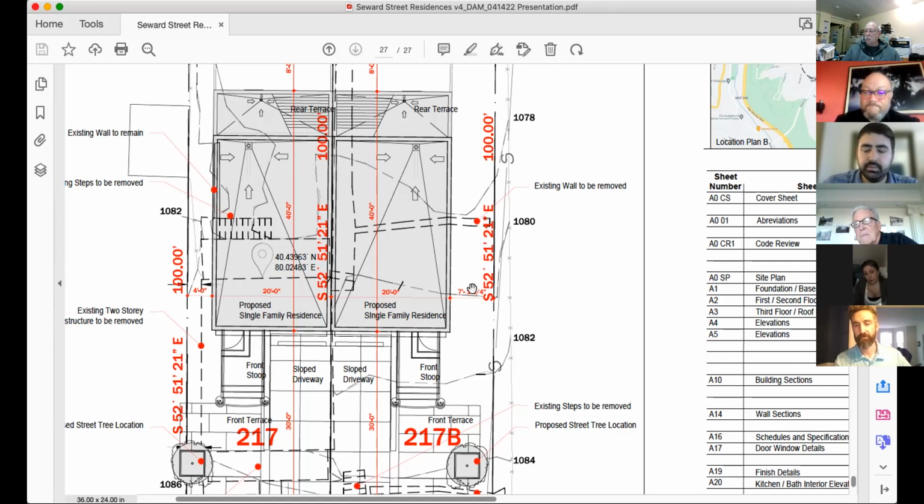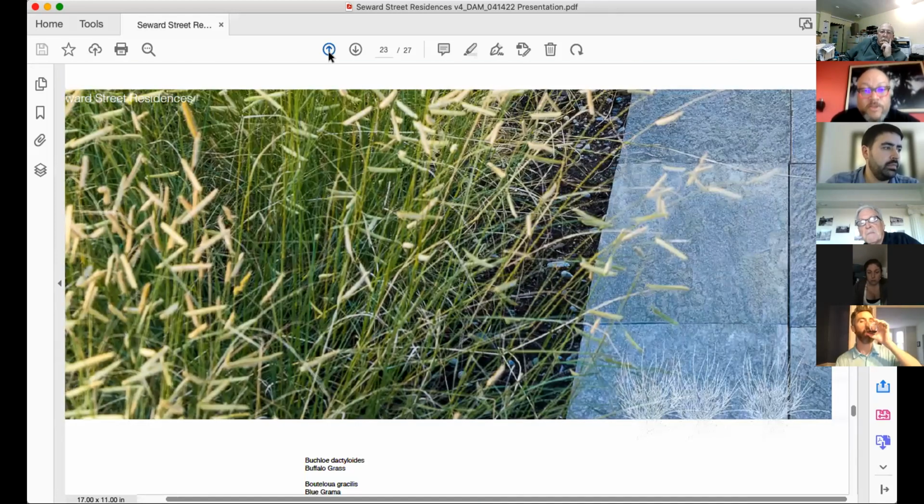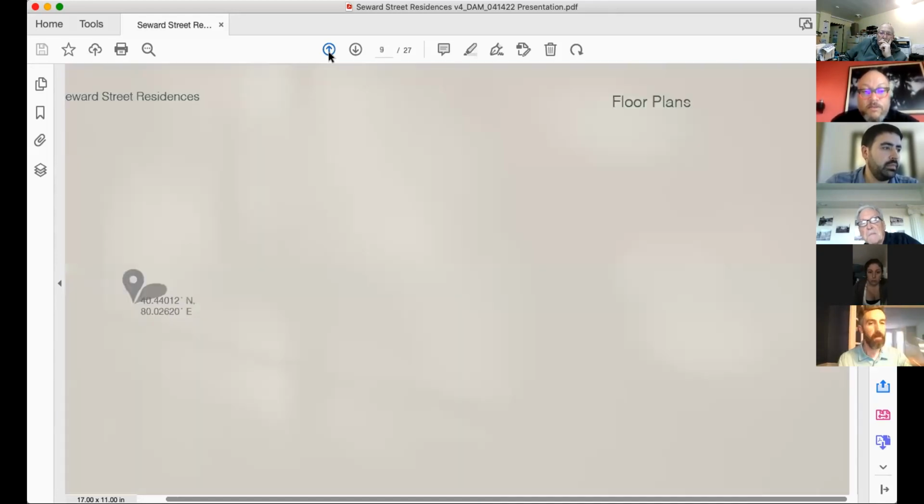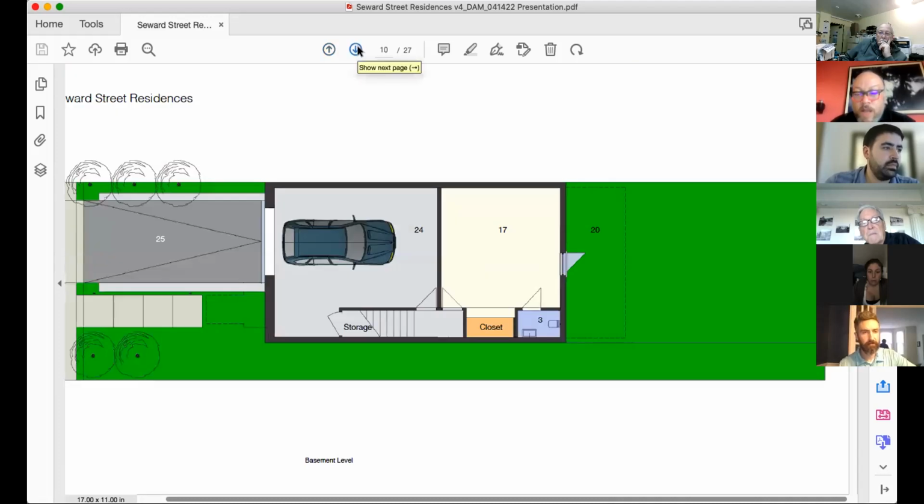I know a big concern that we ran into with the ones on the other side and up on Republic is, is there a plan as to where you're going to be storing materials and equipment? Yes, I can go back in the plans and answer this question easier. The wall between the garage and the workshop will be built last. All of our materials will be stored inside. And what about equipment? Because we've run into that before with Rutledge, where equipment gets parked on our street. We won't need any equipment except for our excavation, which will come in from the front.